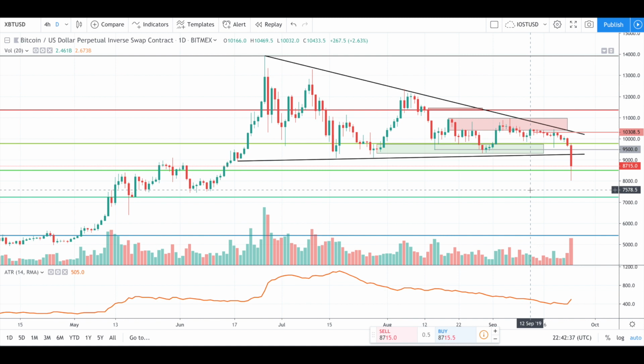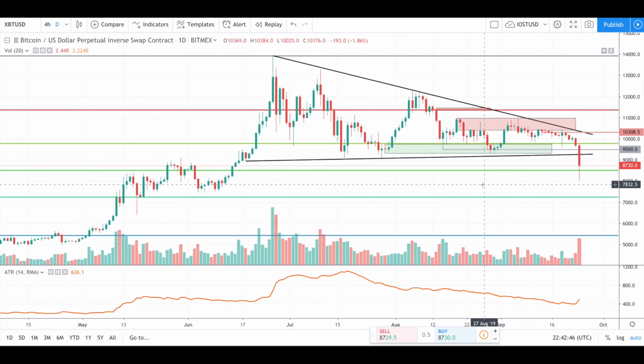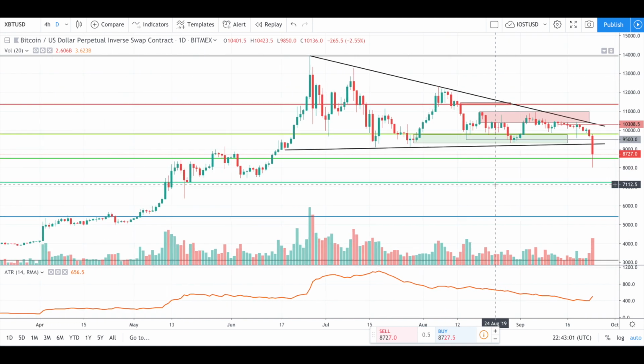If you take a look, the last time the futures were released from CME was back when Bitcoin reached almost the 20,000 mark, and then we just started descending hard from that point. So I don't want to label it in a way where, hey, Bakkt futures are in now, and now we're going to continue to move lower on BTC price, because obviously the market conditions were different back when CME came